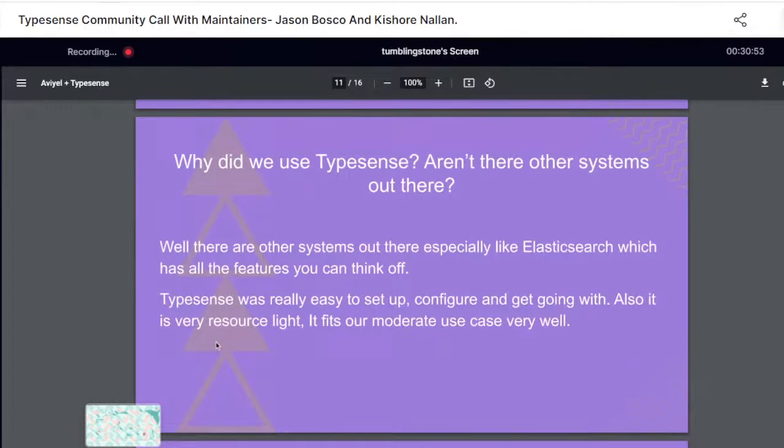So why did we choose Typesense? There are a lot of other systems out there. Like I was saying, we experimented with Elasticsearch. We have experience with Elasticsearch. It is feature complete and it does everything possible under the sun,